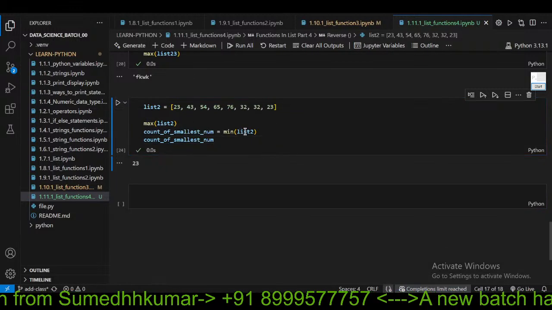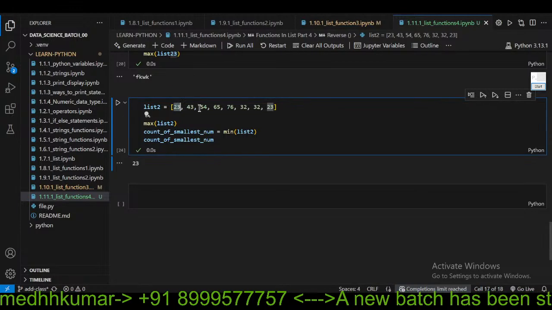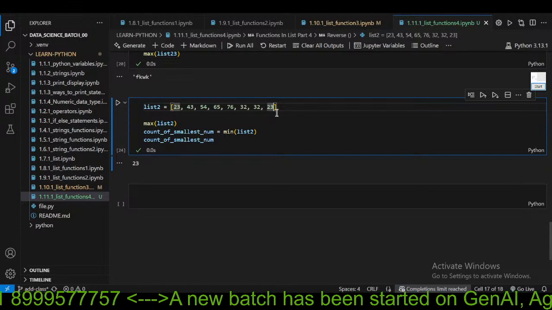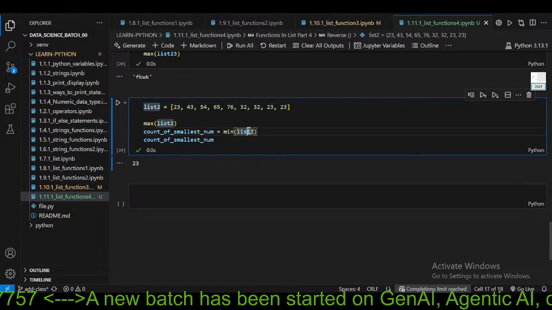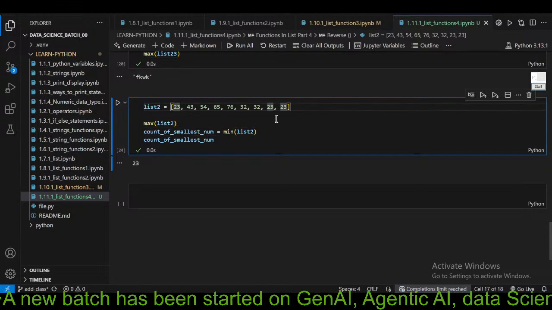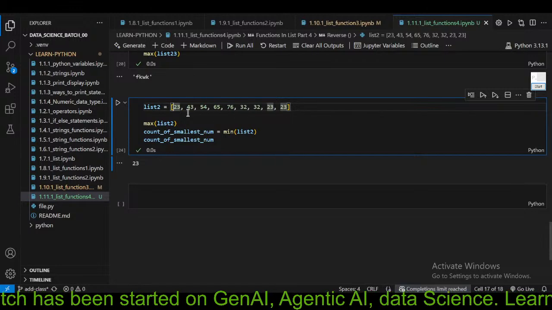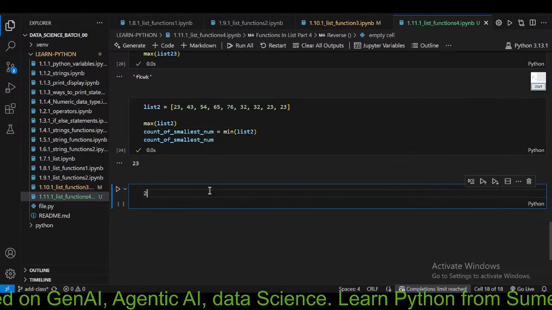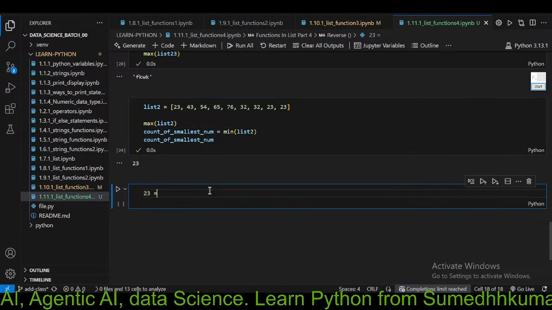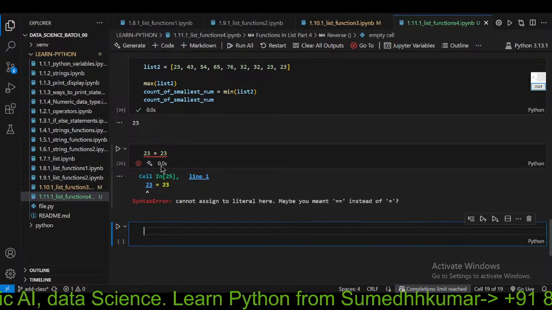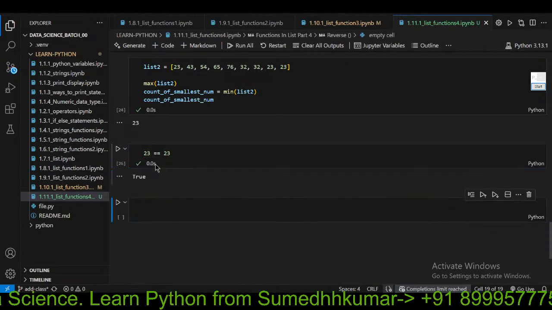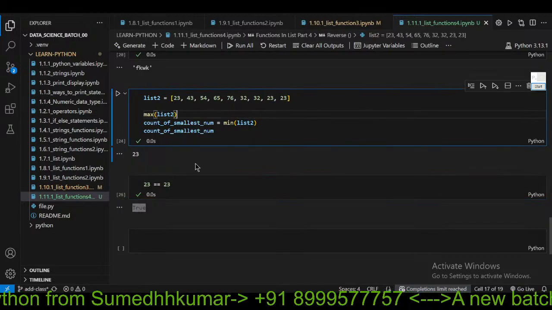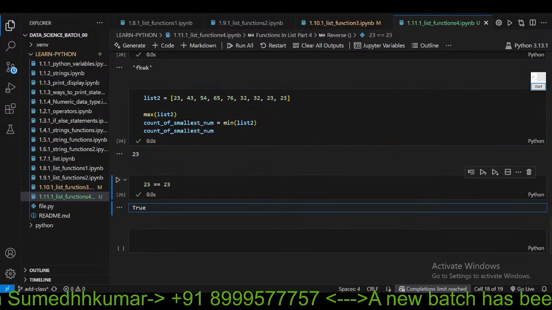So your question's answer is basically it will just return the number, even if you add it 3 times. It won't really make any difference because the smallest number is 23, because 23 is always equal to 23. If I check like this, 23 is equal to 23, it will return true, right? It will return true because 23 is equal to 23. So similarly, if this is it,